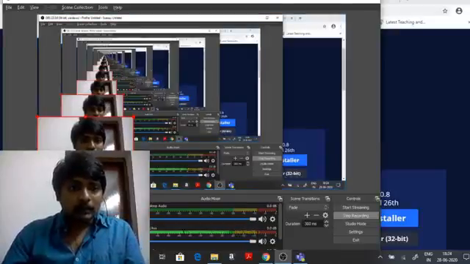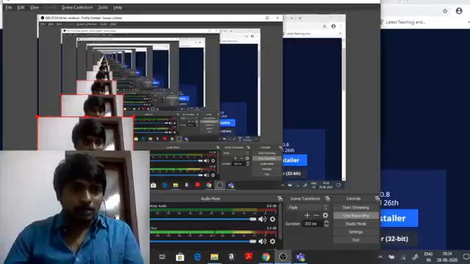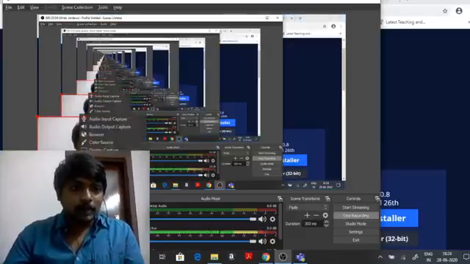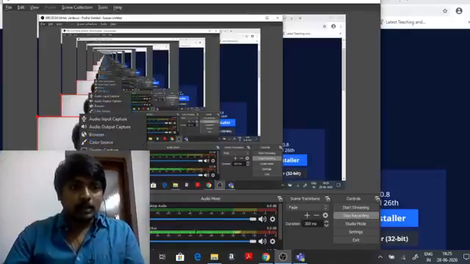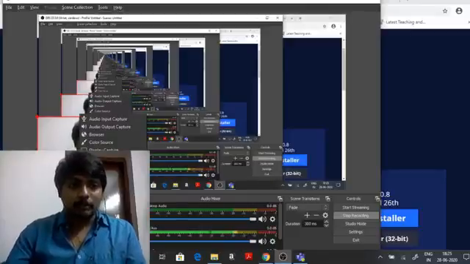As I said, these are the sources, which I have termed submodules or sublinks. There can be multiple sources I can take. Let us say I can take a browser, an image in JPG or PNG format, in addition to my display capture as well as my video capture.